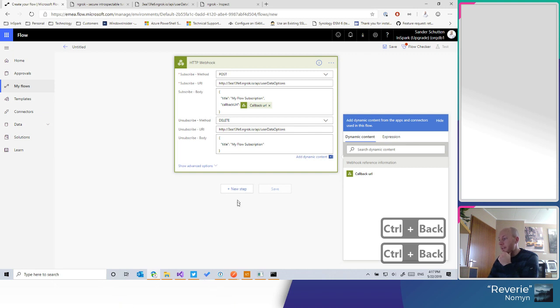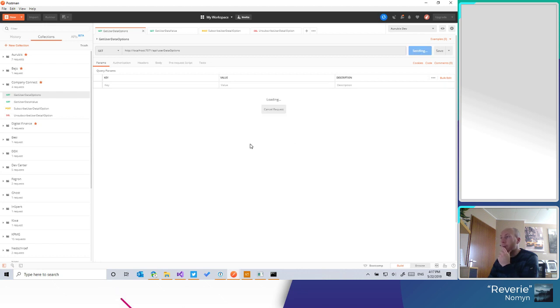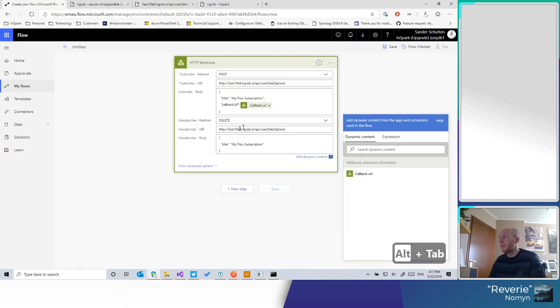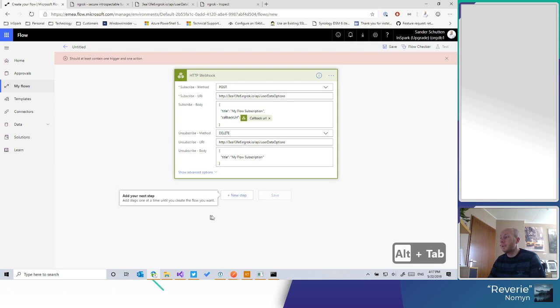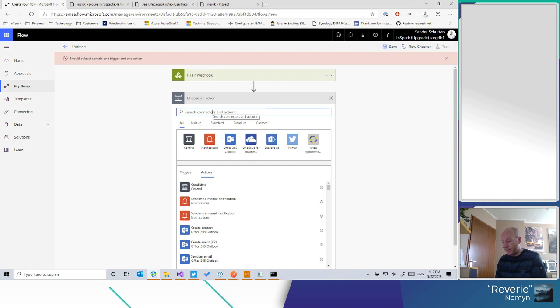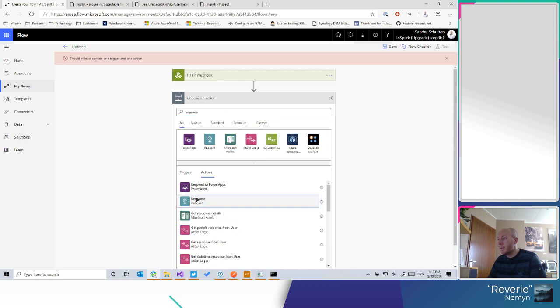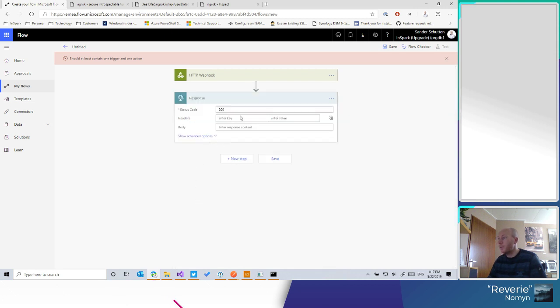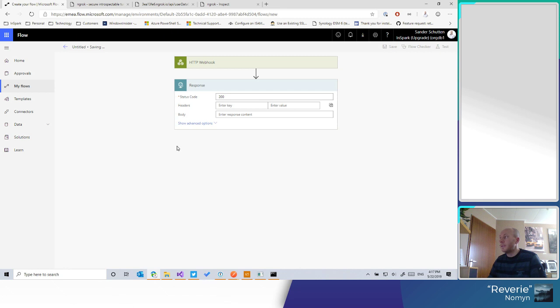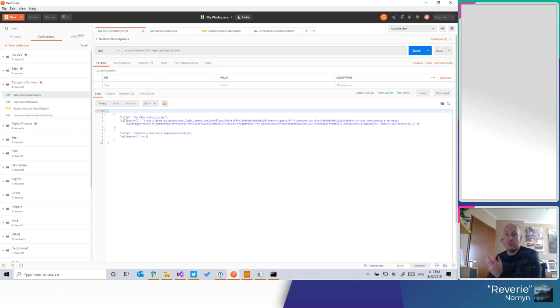So this should, if I press save, now let's check this again. So if I get the current data options, we have just one. If I press save, it will, I need to at least have one. Let's create a response right away. We'll just do 200. Okay, I save it, and we should notice that the additional subscription or the additional source has been